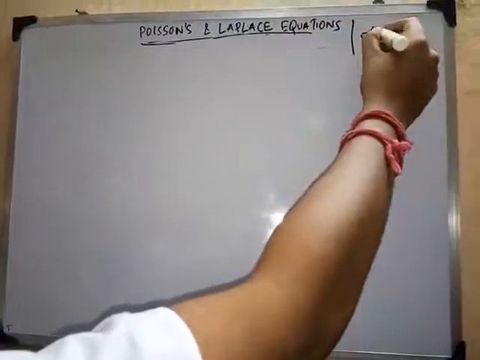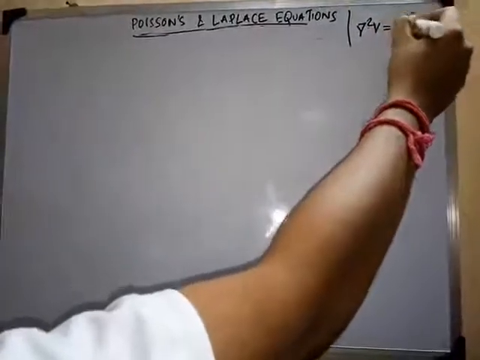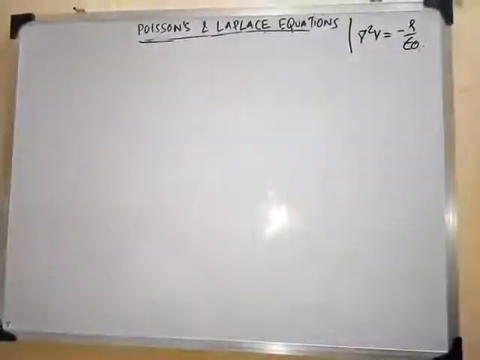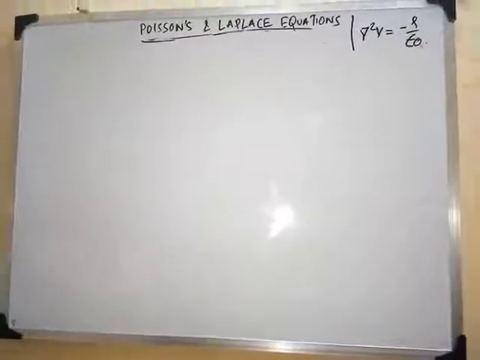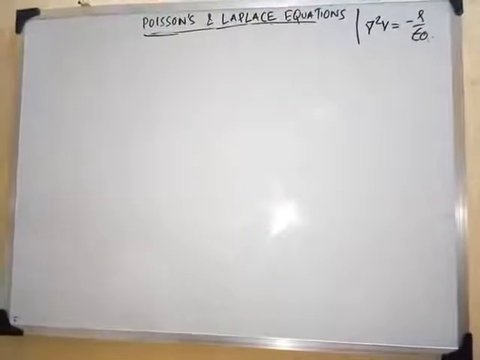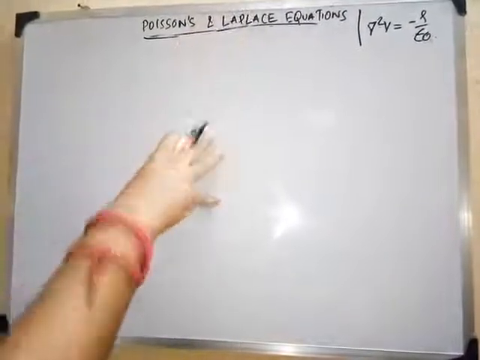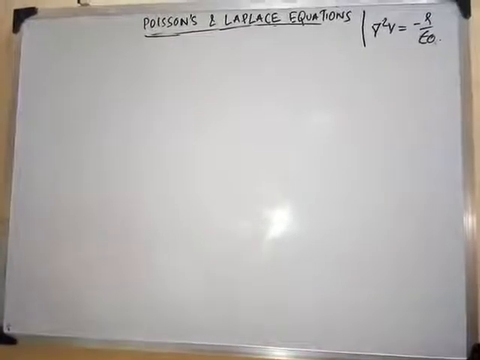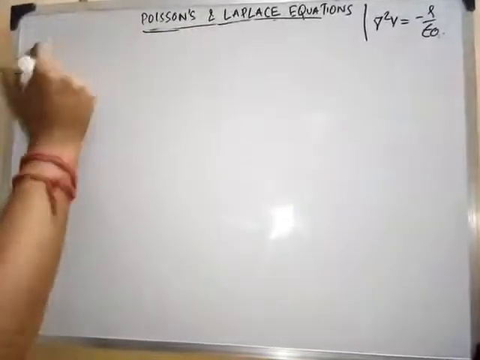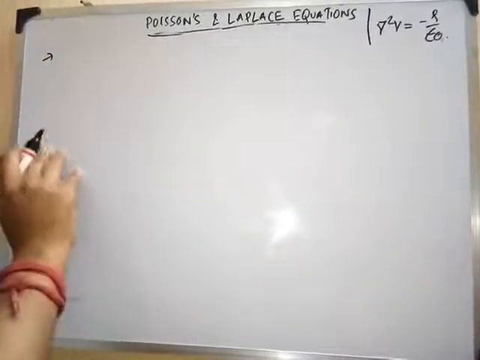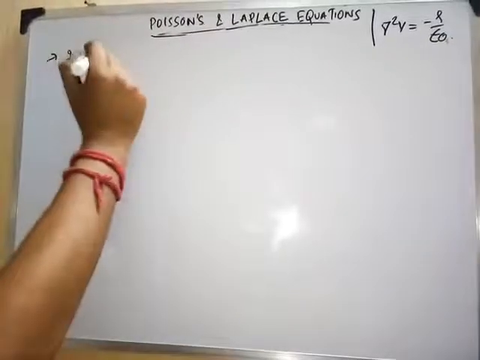So that is del square V equals minus rho by epsilon naught, right? So that was the case that we had earlier, right? Now, to see the details about the Laplace equation, let us start this discussion, right? So in a region